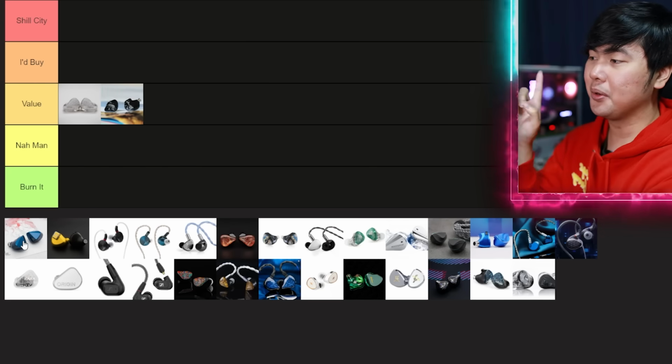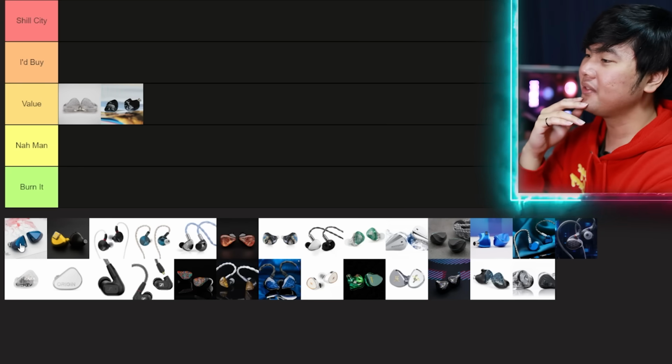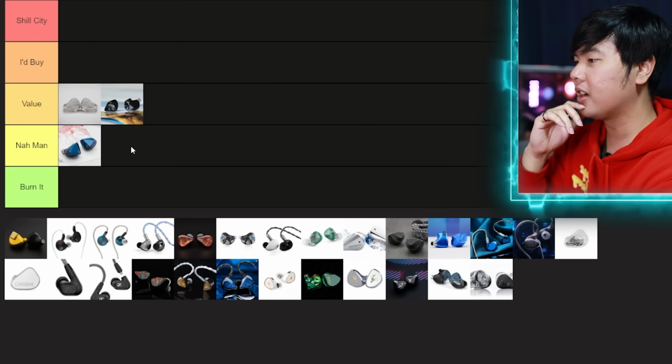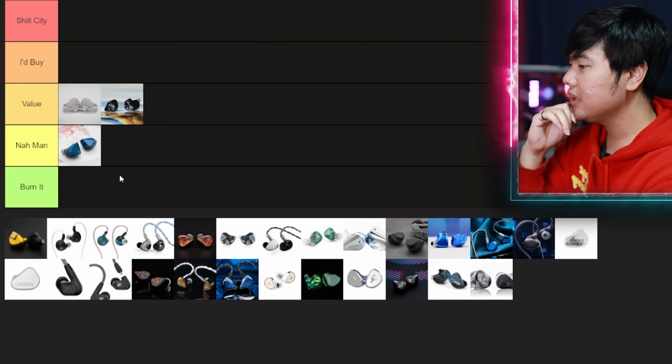The Kato is really good IEM, but it is expensive nowadays. I don't think it's value for money anymore. It's a nah man, because I would recommend other things like the Aria 2 over it, because the Aria 2 sounds pretty much almost identical, but for half the price. Next one is the